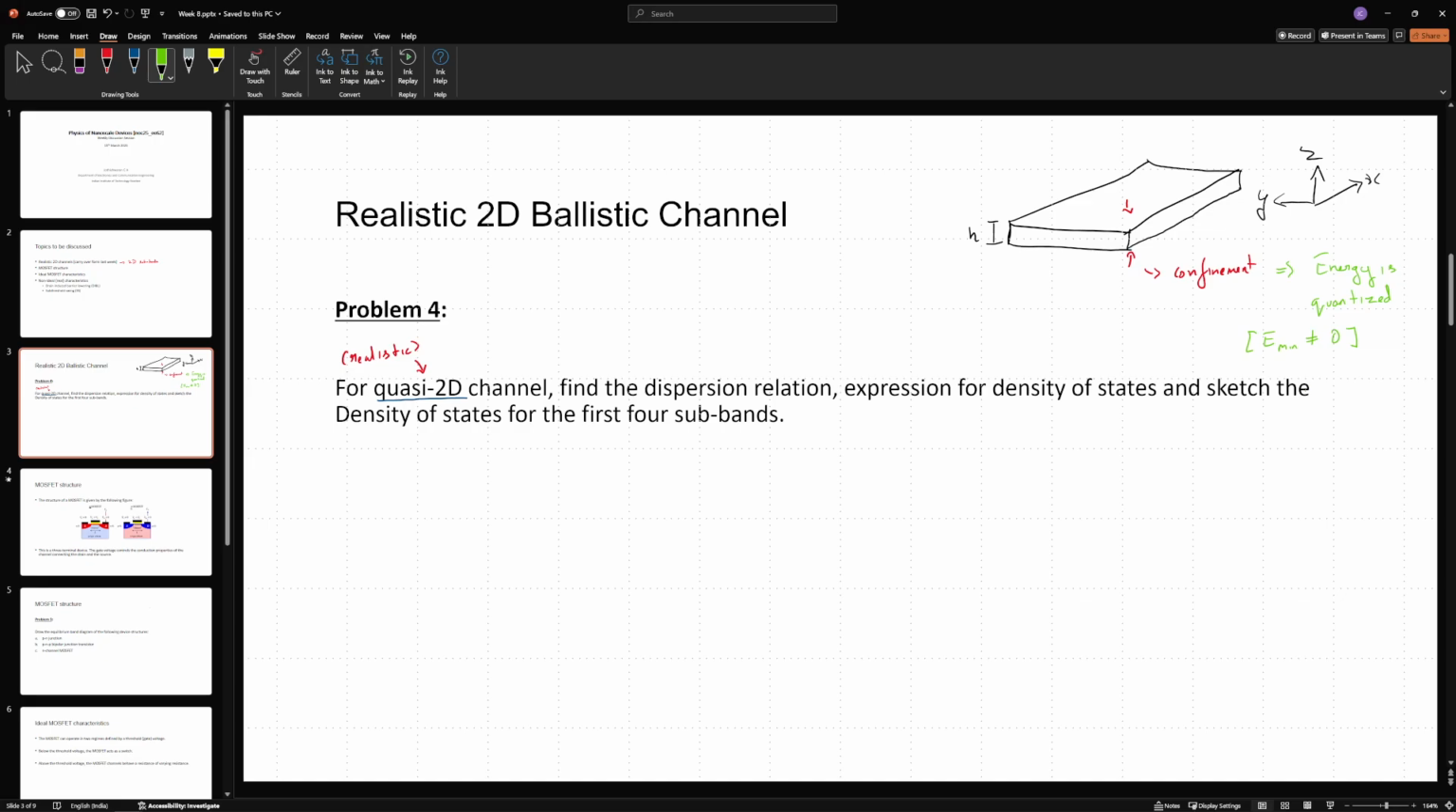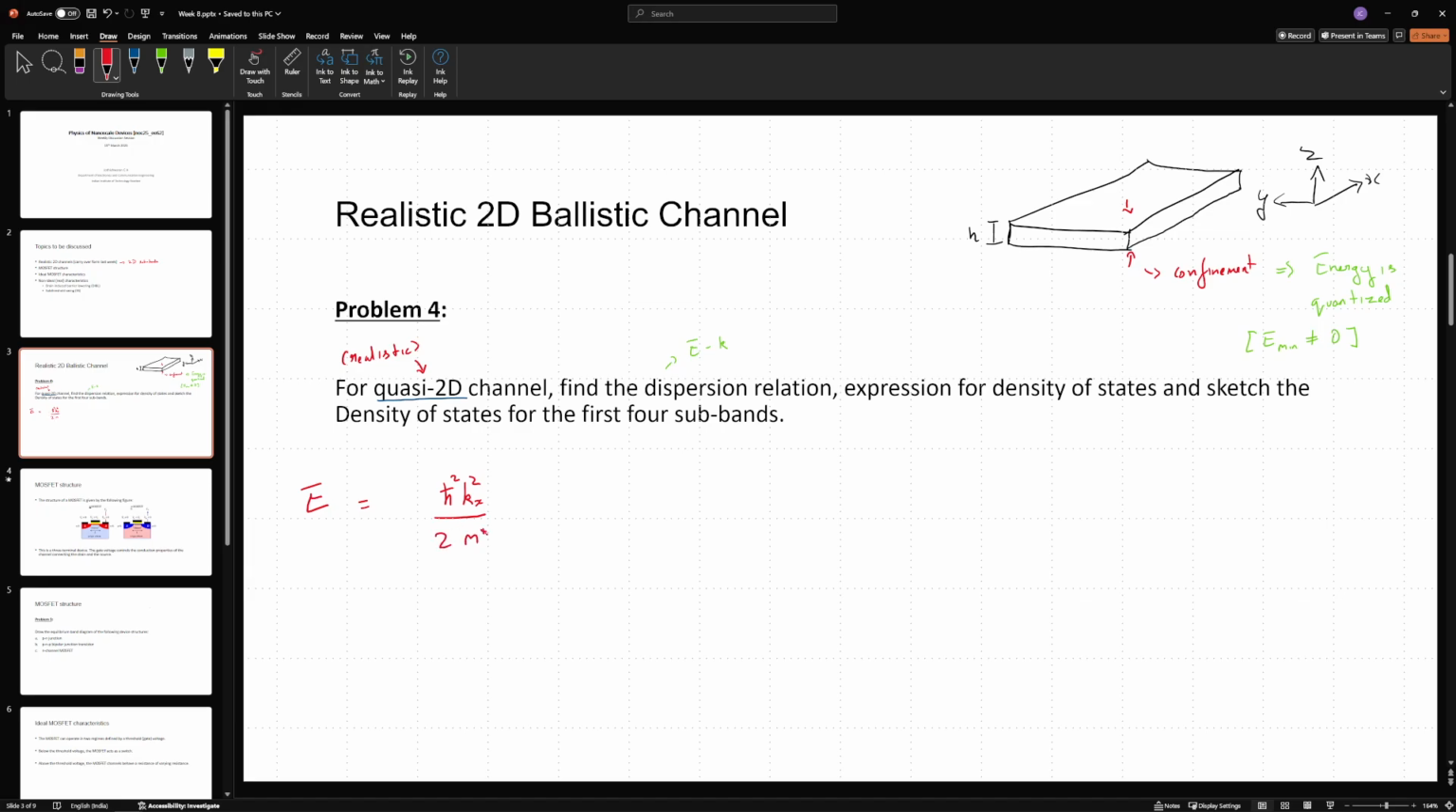Okay, so now the things that are needed are the dispersion relation, the expression for the density of states, and a sketch for the first four subbands. These are the three things that we need to do. The dispersion relation is the E-k relation. So let us see how that goes. First and foremost, we know that the electron is free to move in the x and the y direction. So the energy is going to be the standard expression that we have been using thus far,